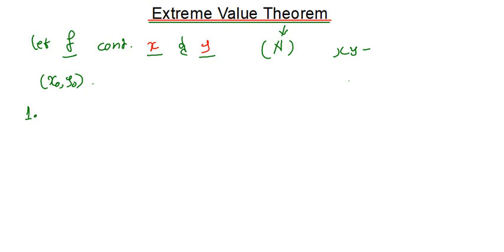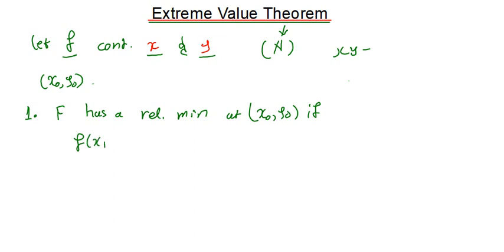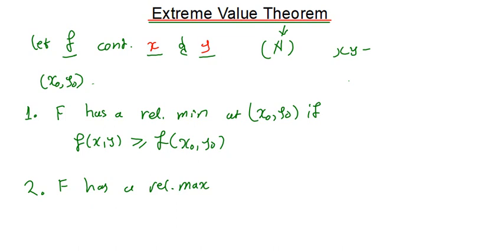So we're going to say my f has a relative min at that point x initial comma y initial, if f of x is greater than or equal to f of x initial, y initial. Meaning, for the second part, your f has a relative maximum